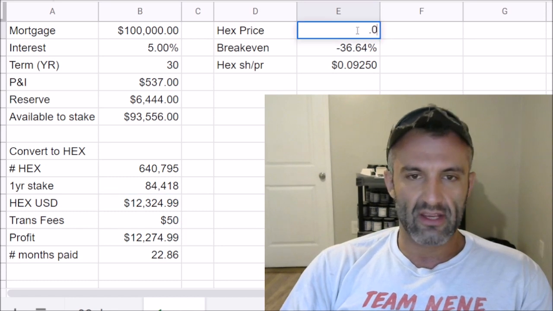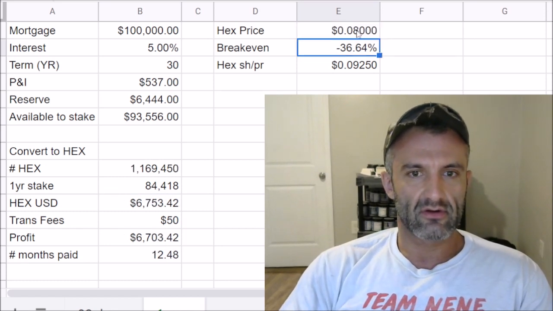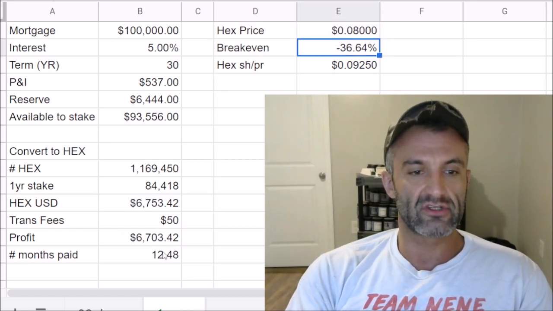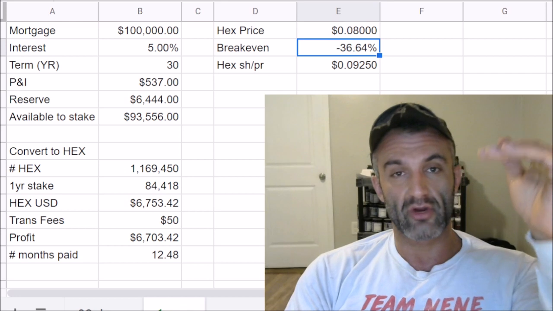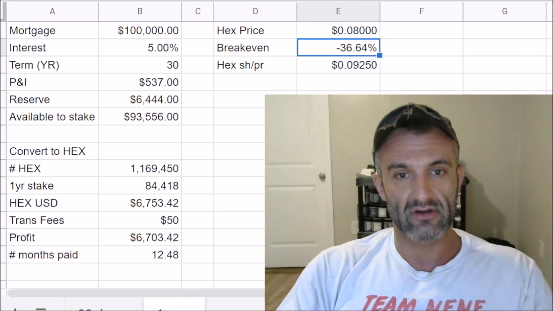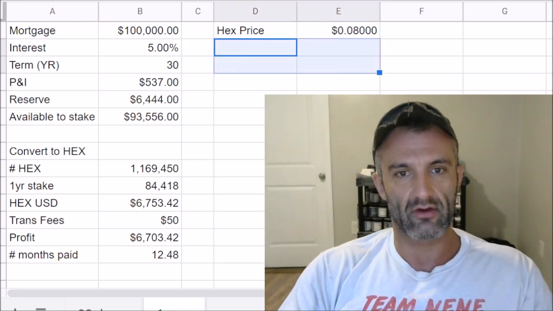But what if this came down to like 8 cents, right? 8 cents gives you still $6,000 profit. So what does that mean? That means the price is coming down by about 50%. So these are not programs, right? So I would have to recalculate those. But